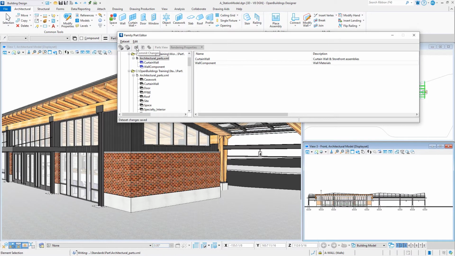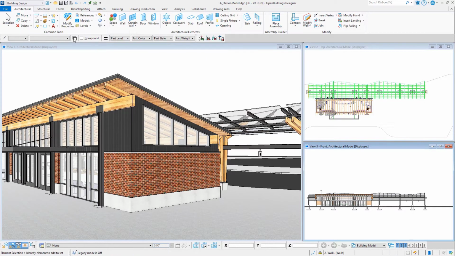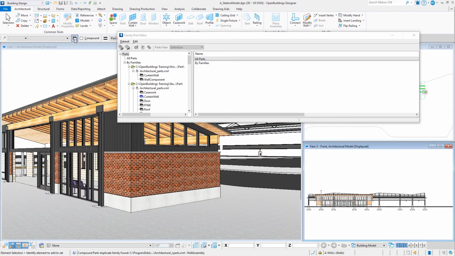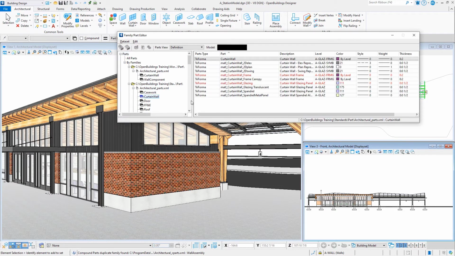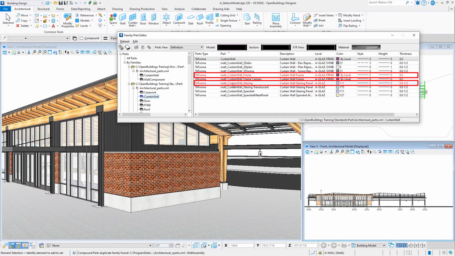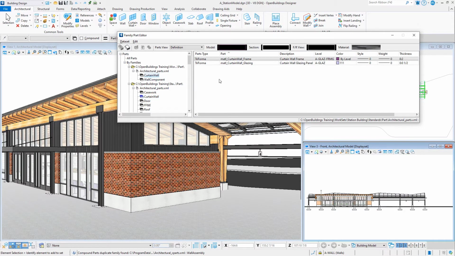Because I created a new XML, I'm going to need to close the application and reopen. We'll do that and then go back into the family and part editor. Now if we go back and look at the workspace, we can see our curtain wall parts are red now because it's not reading the ones from the workspace.